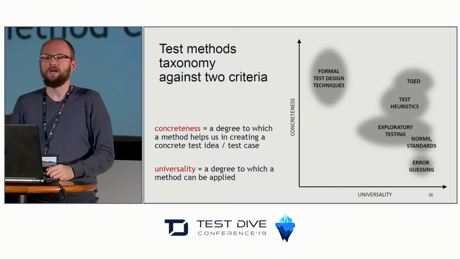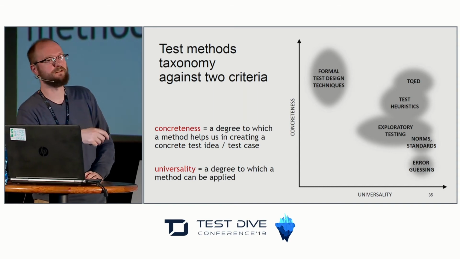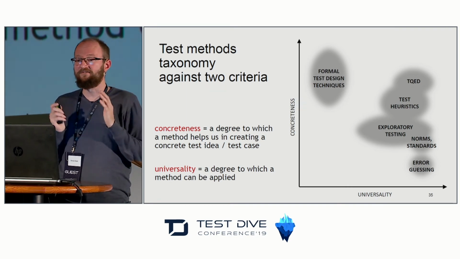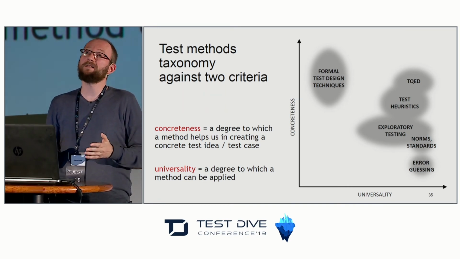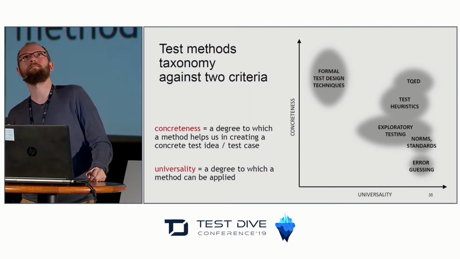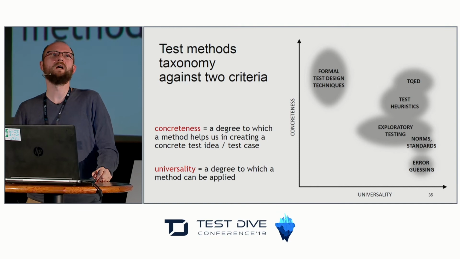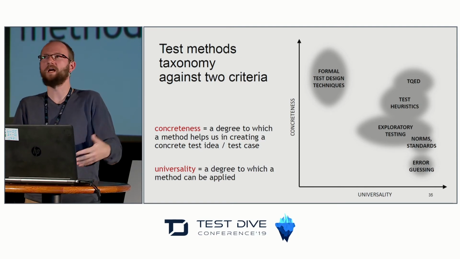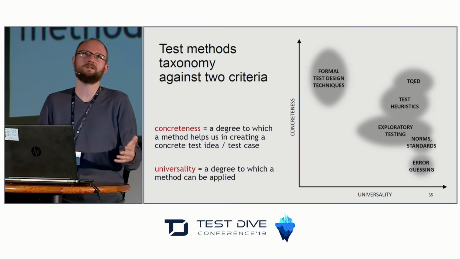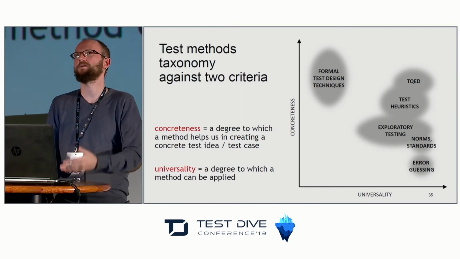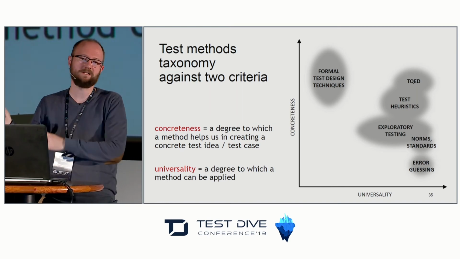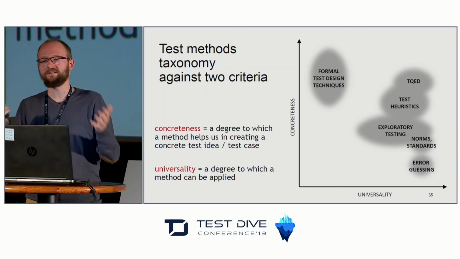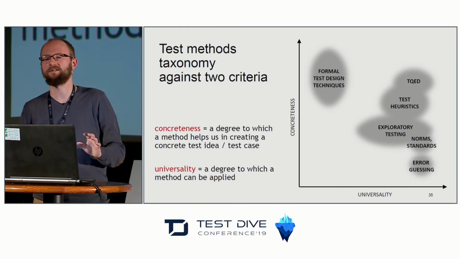On the other side, we have, of course, these formal test design techniques like boundary value analysis and decision tables and this kind of stuff. They are very, very concrete, but each of them has some specific error model behind this technique, and it can be used only in some particular type of testing. For example, state machine testing can be used only to check system behavior. We cannot check the correctness of domain implementation with it, because this is done by boundary value analysis or some domain analysis or some other kind of techniques. So there are these trade-offs, but this technique seems to be quite nice in terms of these two dimensions.